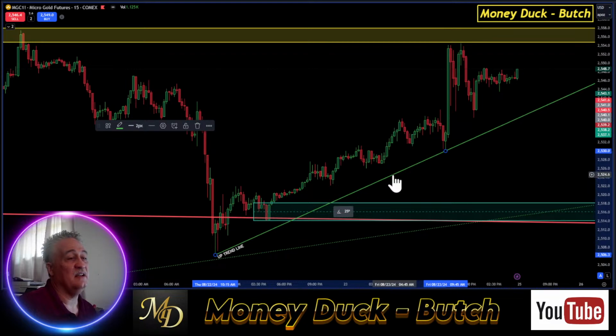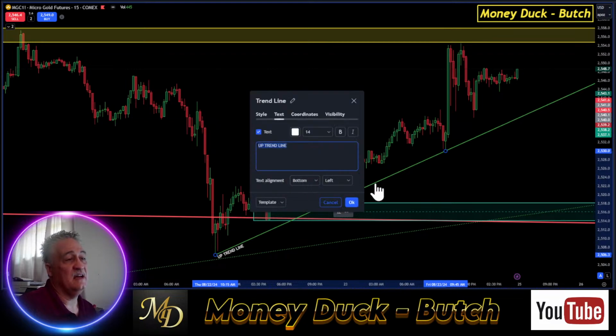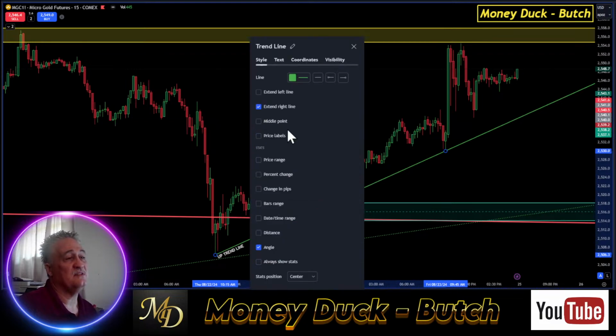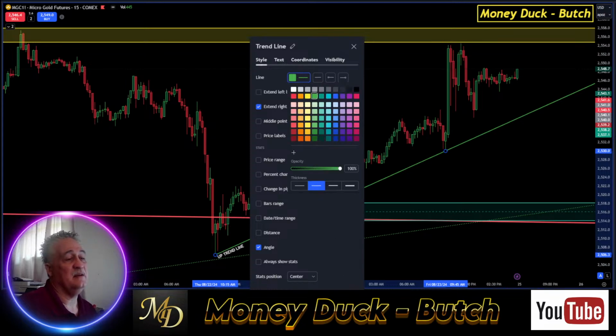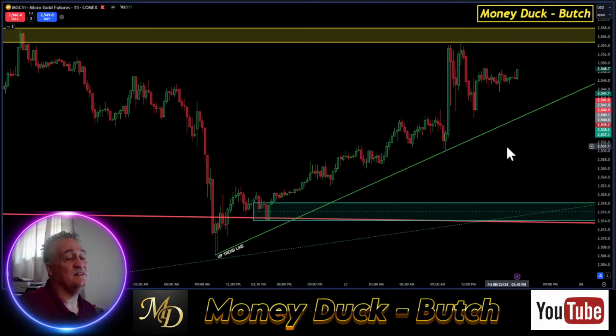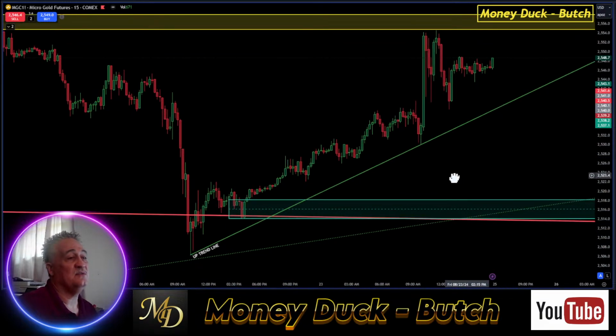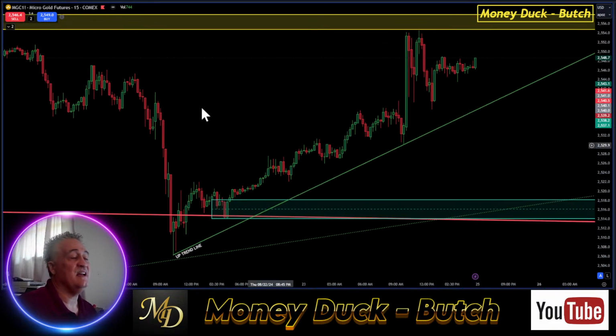If you get in down here, either one of these, if you get in here at this trend line or get in here at this trend line long, and it pulls up, hold your runner. Draw a trade line on the way up and hold your runner in case it breaks through the zone. If it pops back through your trade line and starts doing short, well then close out your runner and look to get in short. So you would close your long runner and look to take a short. All right, so that's where we're at on